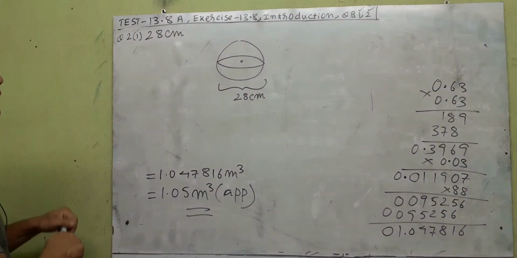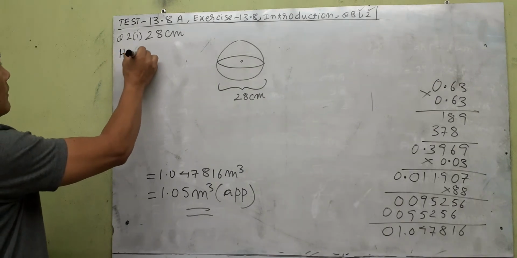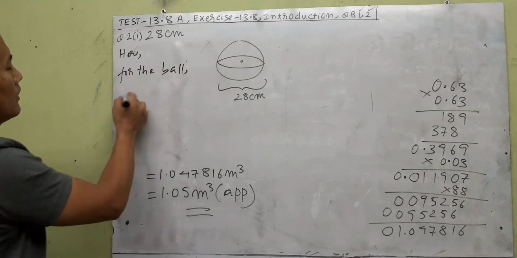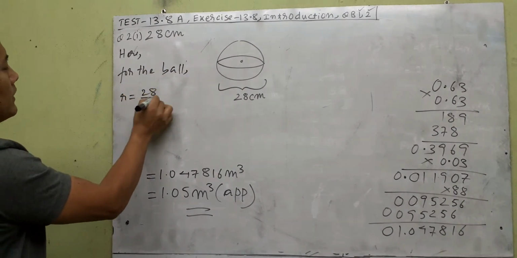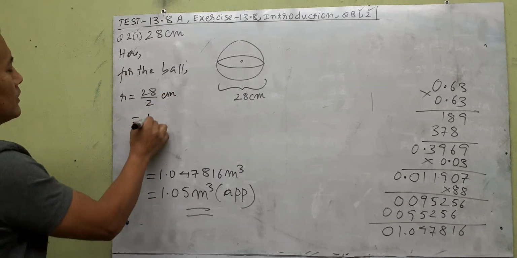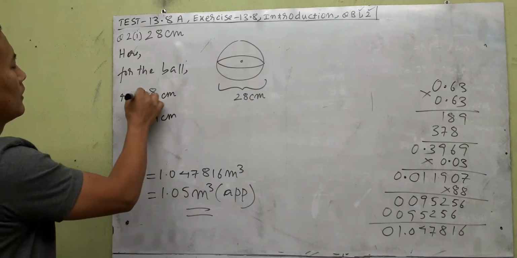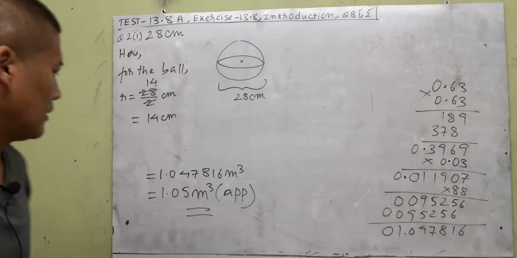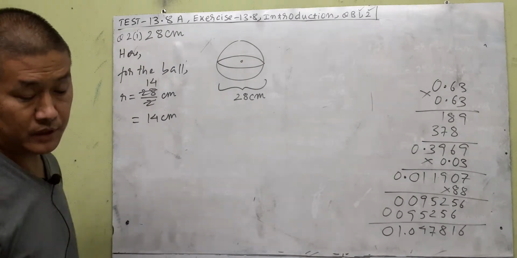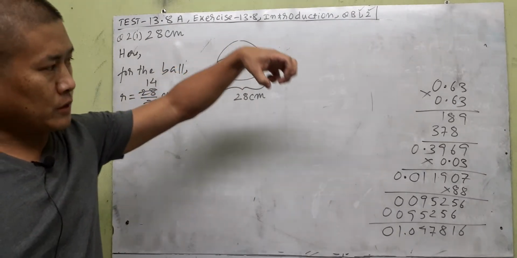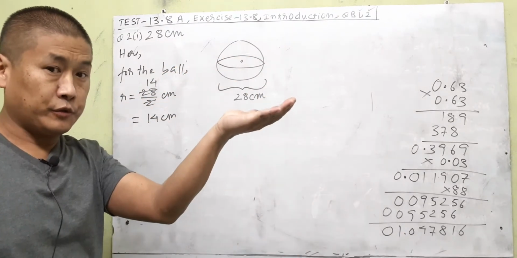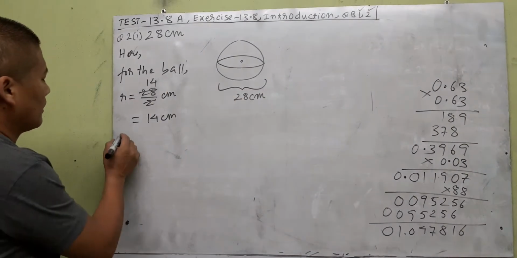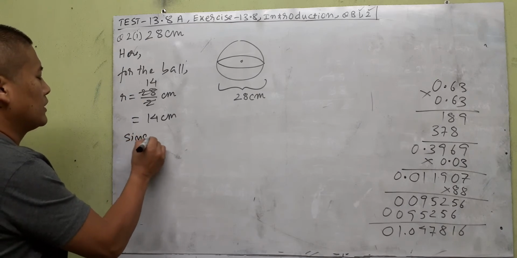Here, we can write here for the ball, means the spherical ball. R will be equal to diameter divided by 2 centimeter, which will be 14 centimeter on cancellation. So we found the radius. Question is asking amount of water that can be displaced by this ball, meaning if this ball was pushed in the bucket fully, how much more water will it push up? Displace means push up. So we know this principle from buoyancy that